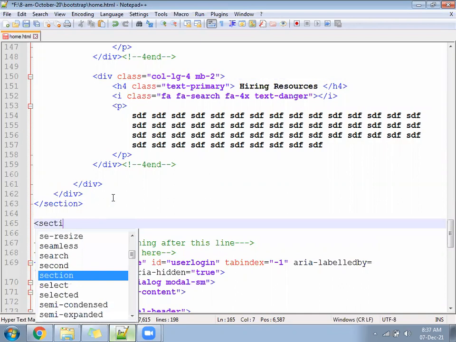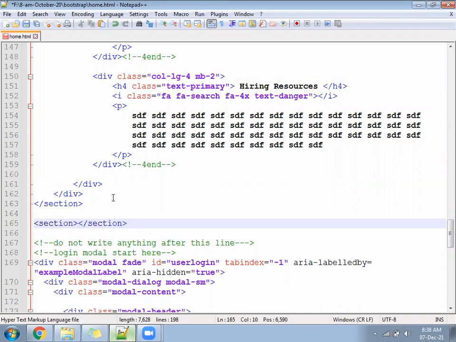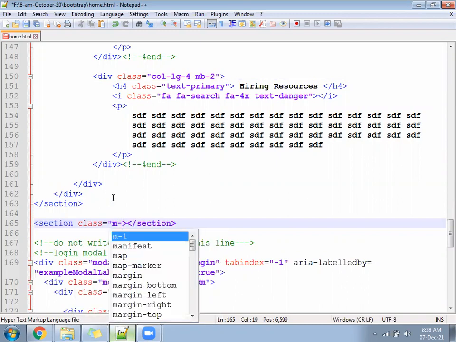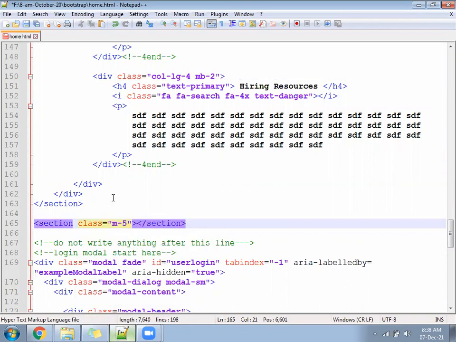Section, class equal to P5 M5. M5 will represent a 48 pixel margin from all the sides.